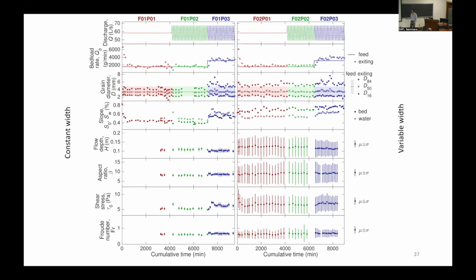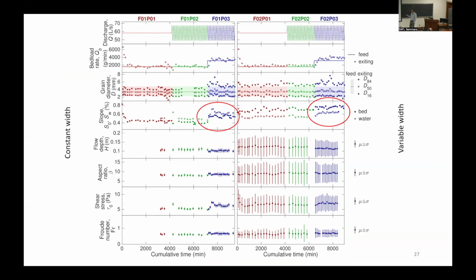And here on the left is the same figure that I showed you before from the constant width channel. And now on the right, we have the analogous measurements for the variable width channel. Again, it's these three phases: constant flow, constant sediment supply; repeated hydrographs, constant sediment supply; repeated hydrographs, doubled sediment supply. And we see the increase in sediment supply here being accommodated by this channel. But now,